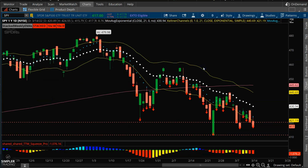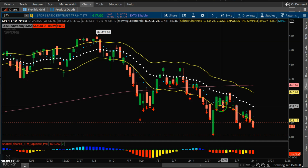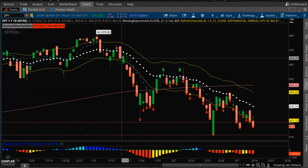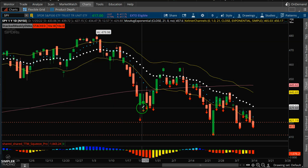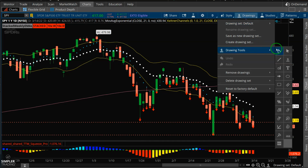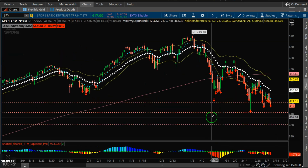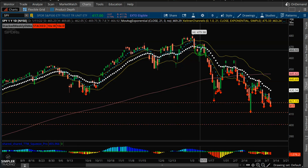Granted, it's a news-driven market, and we're going to hear from the Fed, I believe, on Wednesday. So there could certainly be some back and forth with the Fed. But in terms of the structure, since we started breaking back down in January, there's been a lot of back and forth. Certainly, these short squeezes are pretty violent. But if you look at this market from a 40,000 foot view, these are the ebbs and flows